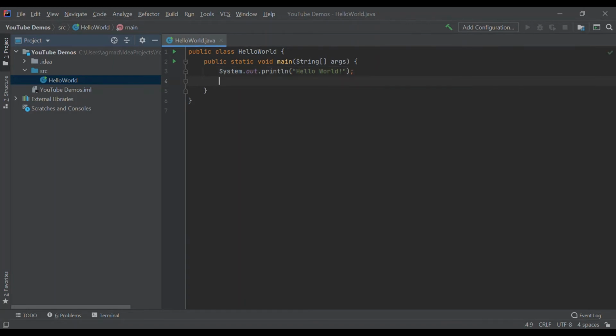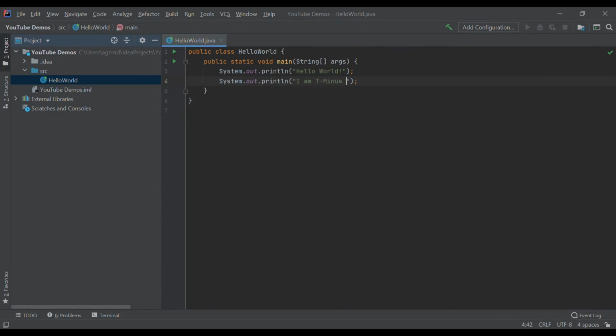Java. There is a quicker way to write System.out.println. You can use the IntelliJ shortcut sout, which is this one here, and click, and I'm going to say I am